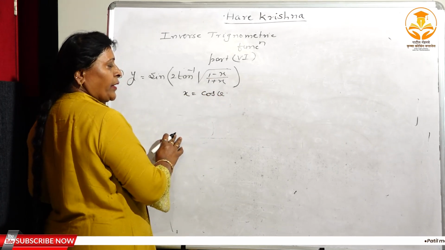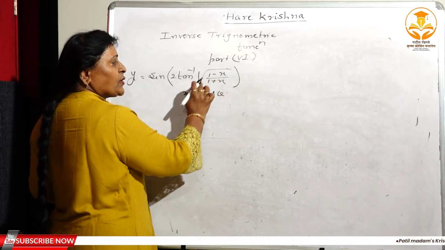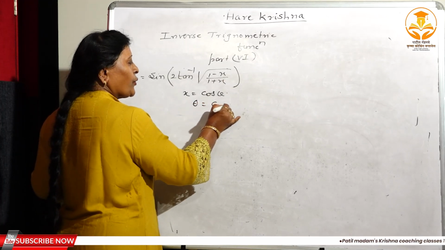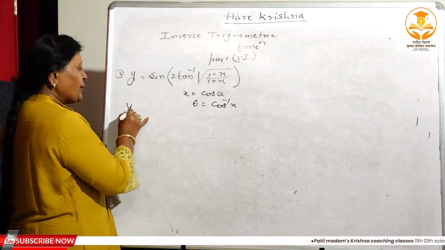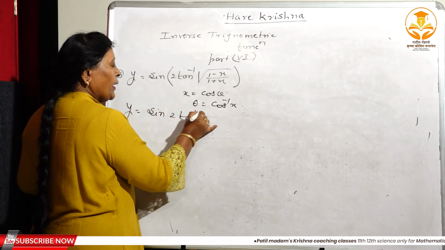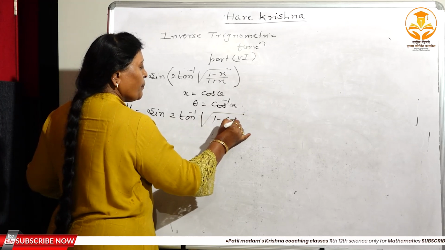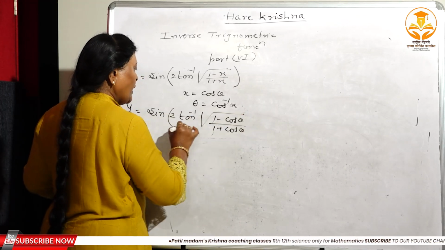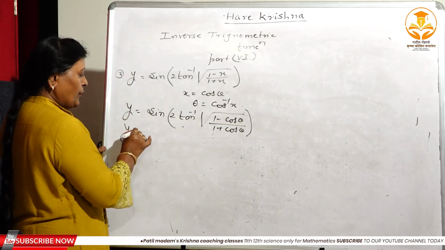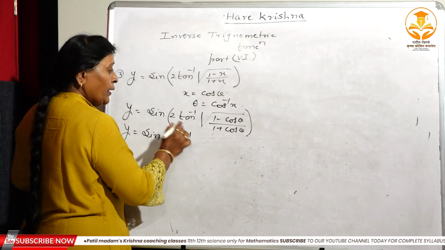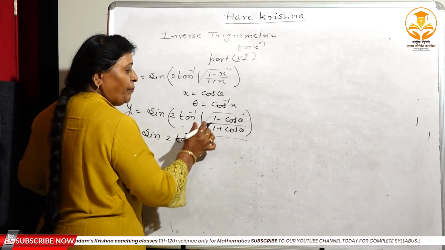Again, you know the evergreen formula, 1 minus cos theta, 1 plus cos theta. Isn't it? Therefore here theta is equal to what? Cos inverse of x, and you can substitute cos theta. Sine of 2 tan inverse, here 1 minus cos theta divided by 1 plus cos theta. Right? Now y is equal to sine of 2 tan inverse of, here again the evergreen formula, 1 minus cos